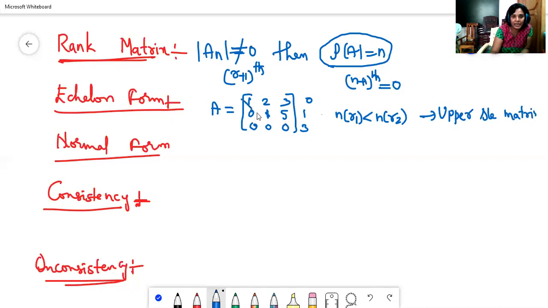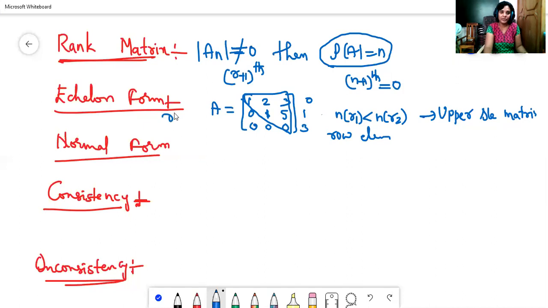This is the upper triangular matrix by using row elementary operations. In that case, only these rules are satisfied. The first rule is, if any zero row is there, then we write it below the non-zero rows. Second one is, the first non-zero entry in each row is equal to 1. Third condition is, the number of zero elements before the non-zero element is less than the number of zeros in the succeeding row. Okay, this is the echelon form.